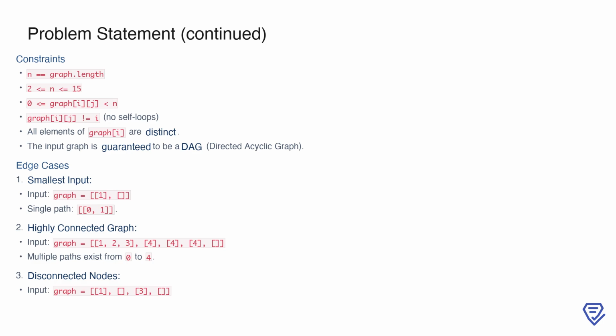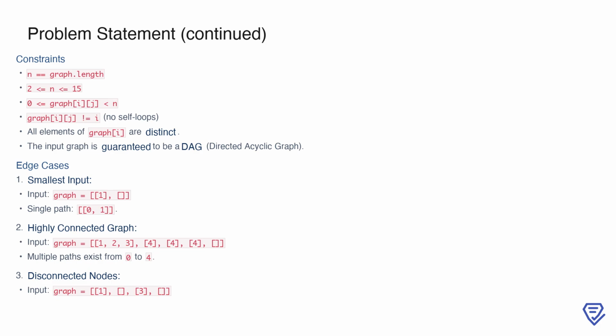Importantly, the graph is guaranteed to be a directed acyclic graph, or DAG, meaning there are no cycles. For edge cases, consider the smallest input, where graph equals [[1],[]]. Here, there is only one path, [0,1]. In a highly connected graph, such as graph equals [[1,2,3],[2,3],[3],[]], there are multiple paths to explore. Finally, in cases where some nodes are disconnected, such as graph equals [[1],[],[3],[]], paths may not exist for